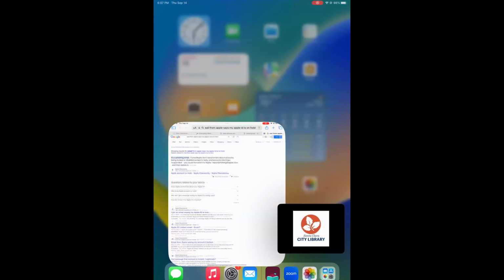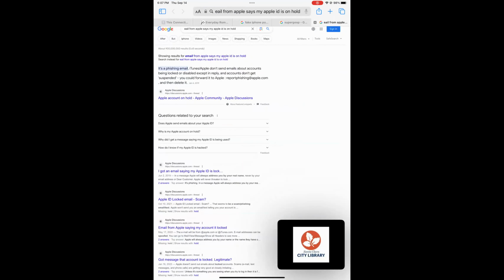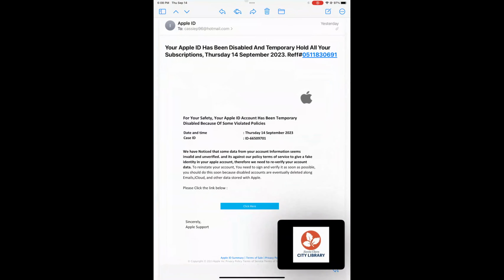You could just simply go here and look it up. You could also go directly to the Apple website and find their contact information or the help information, and you can speak to them there directly without having to deal with this email on here. And then I also want to know, so remember this one has that paperclip icon up here by the date. And remember that means that there's an attachment in this email. So I think most likely that attachment is probably a screenshot or a file that creates this look. And therefore it's not real because they're most likely just